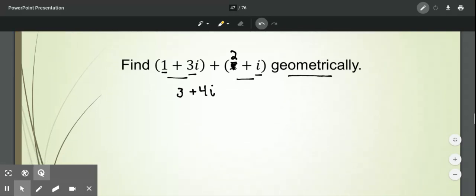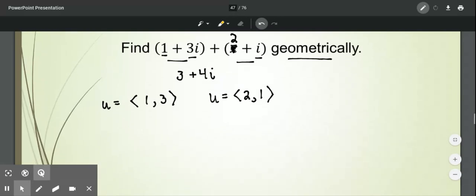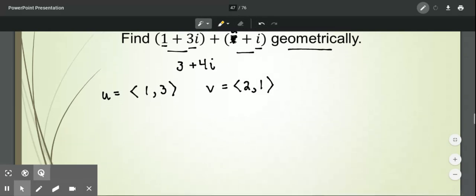But if we have to do this geometrically, then what you actually are going to do is to create two vectors with these components. And when you show that you've added these two vectors, they should end up at that same spot, 3, 4. Oh, I have two u's. So I should probably make that a v. Thank you. All right, so when you have to show that you're adding vectors,